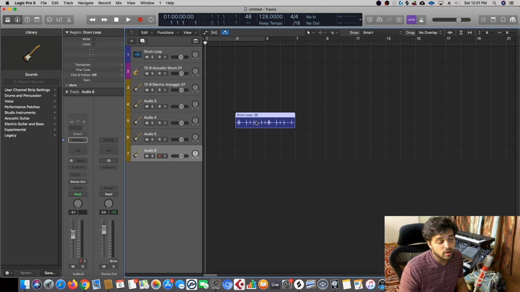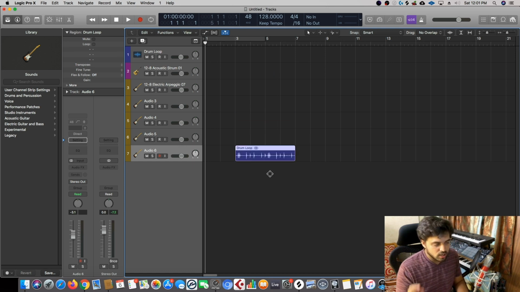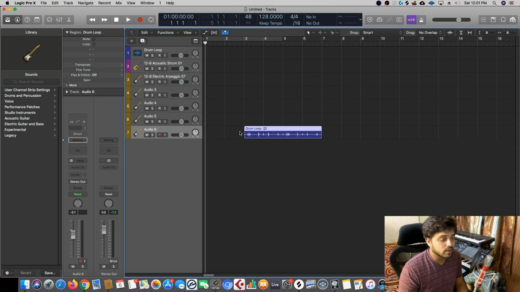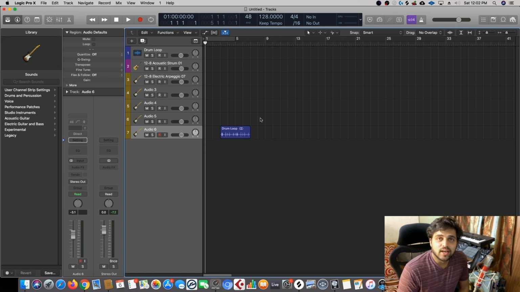I can select my destination track and select the region, and you can see that the track belonging to this particular region hasn't been selected. Now all I have to do is select the destination track, select the region, hit Ctrl Shift T and the region moves. This is something that I use all the time, especially while scoring. So these are some of the shortcuts which are used to move, replicate, edit or cut the regions.